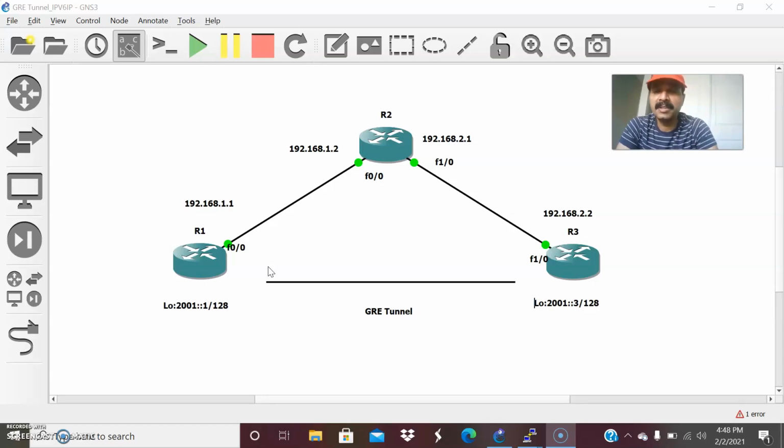So at the transmitting end, we'll encapsulate the IPv6 packet into an IPv4 packet, as I'm just passing the IPv6 traffic over the IPv4, right? So at the transmitting end, we'll encapsulate these IPv6 clients into IPv4, and at the receiving end, what happens? We'll strip the IPv4 and pass only the IPv6 packets to R3. So at the transmitting end, encapsulation, and at the receiving end, it will perform the decapsulation, and the default mode